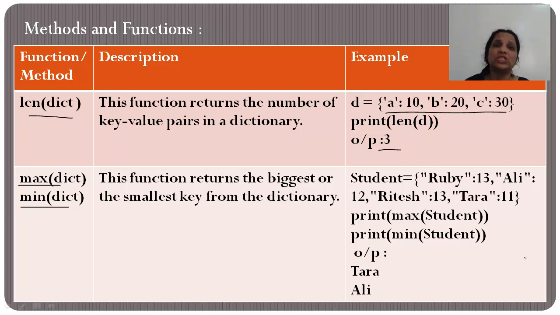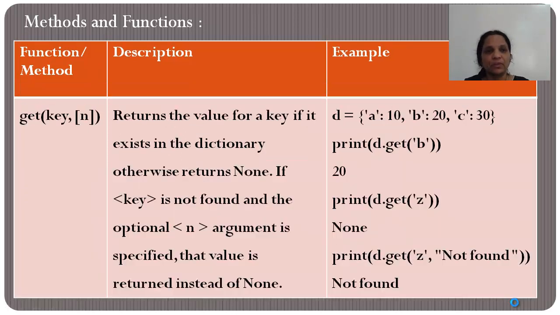Now we have learned with strings how we do comparisons. We do comparisons alphabetically. So T is obviously after R. So T is maximum. Not only that, that's how the computer does it: the ASCII value of T will be greater than the ASCII value of R. So it displays Tara, and when I'm talking about minimum, it displays Ali. Clear? Okay.